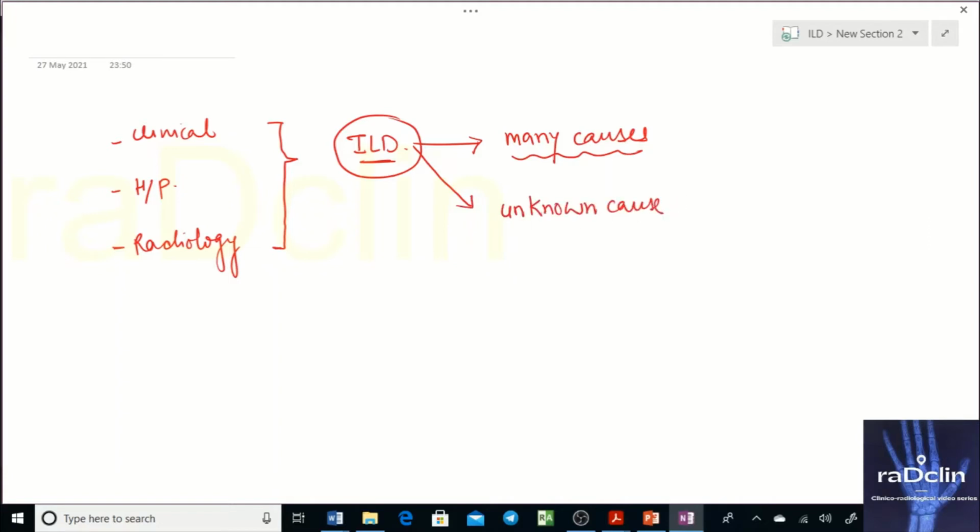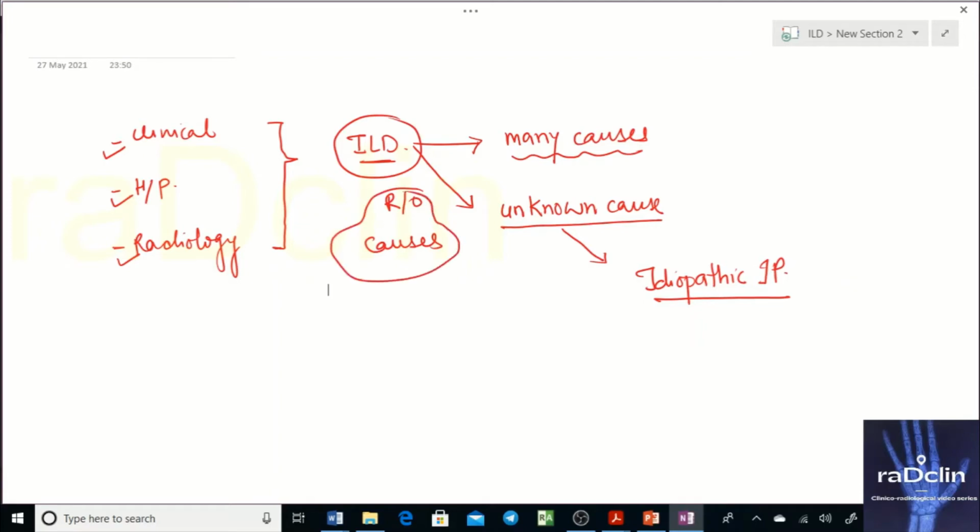That is where you have certified it to be an unknown cause, that you are not able to get the cause after so much exploration. Whether on clinical terms, histopathological terms, or radiological terms, you label it to be an idiopathic interstitial pneumonia. And that is our purpose of discussion, idiopathic interstitial pneumonia. So remember this thing, we rule out causes that are expected.